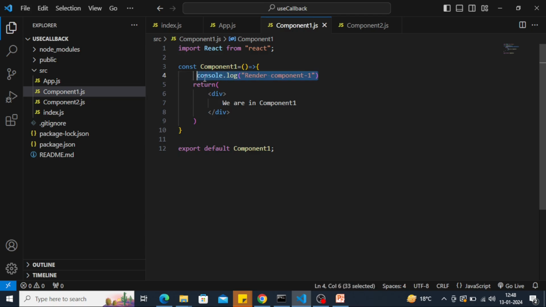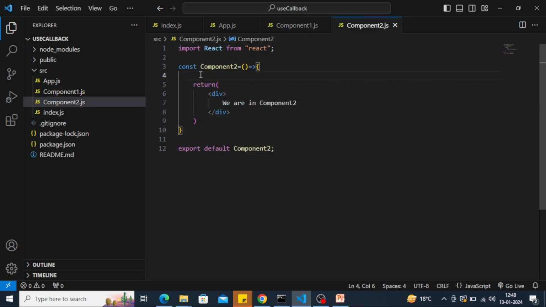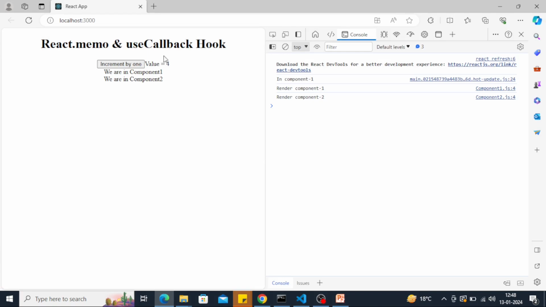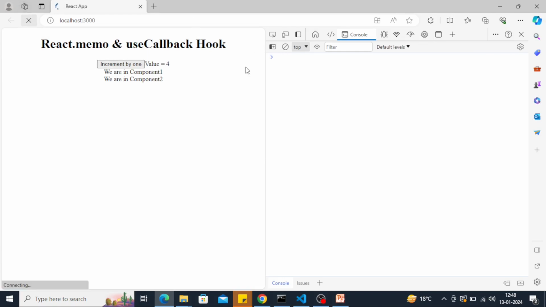I will type the same console log in component2. I just want to see how the rendering of these two child components happens. So these two values are printed, and when I click on this,